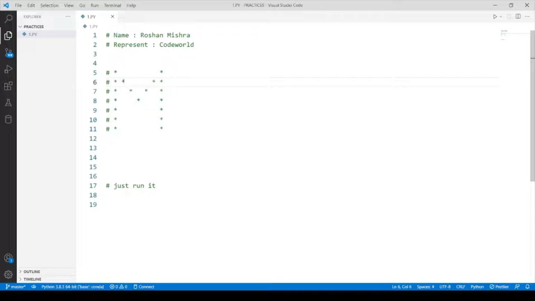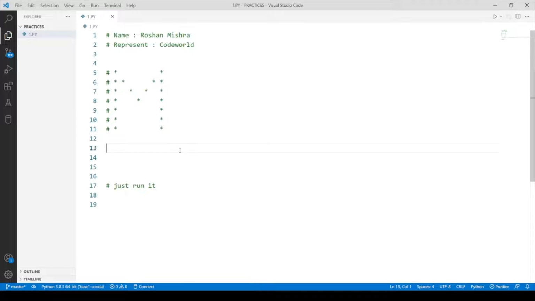If our cursor is in the first row, this is the zeroth row, this is our first row, so if its cursor is at first row and first column, then print one star. If our pointer is at the second column and second row, then print the star. And like this we will go step by step.